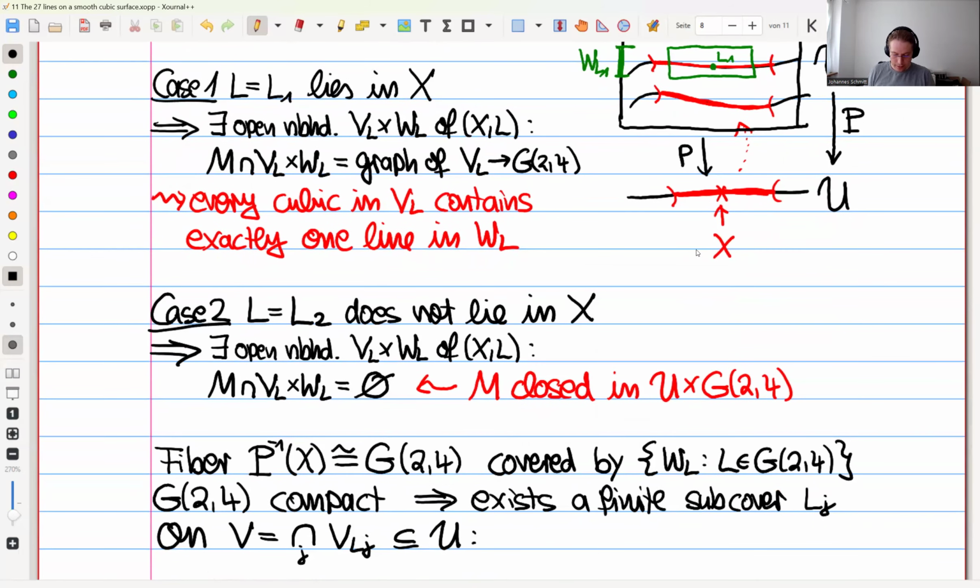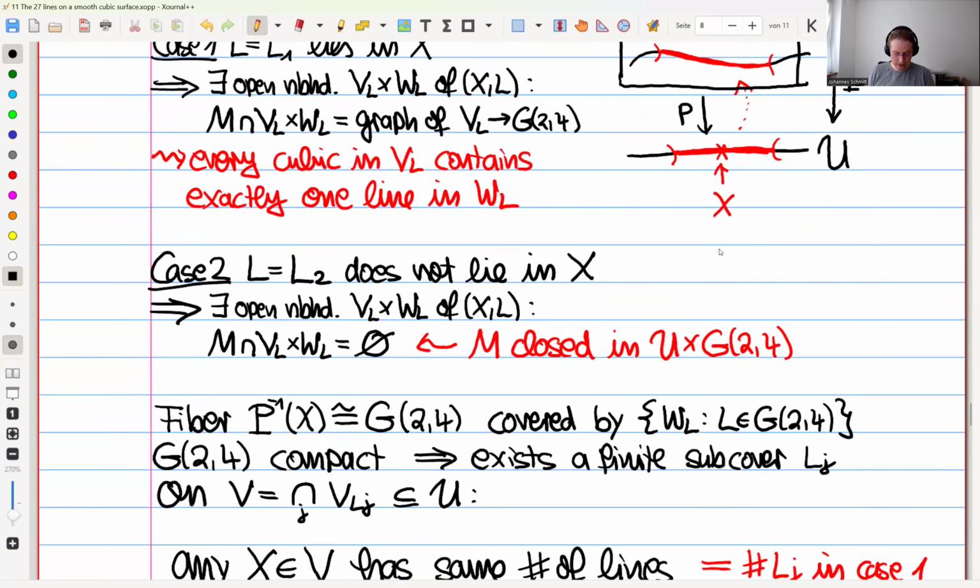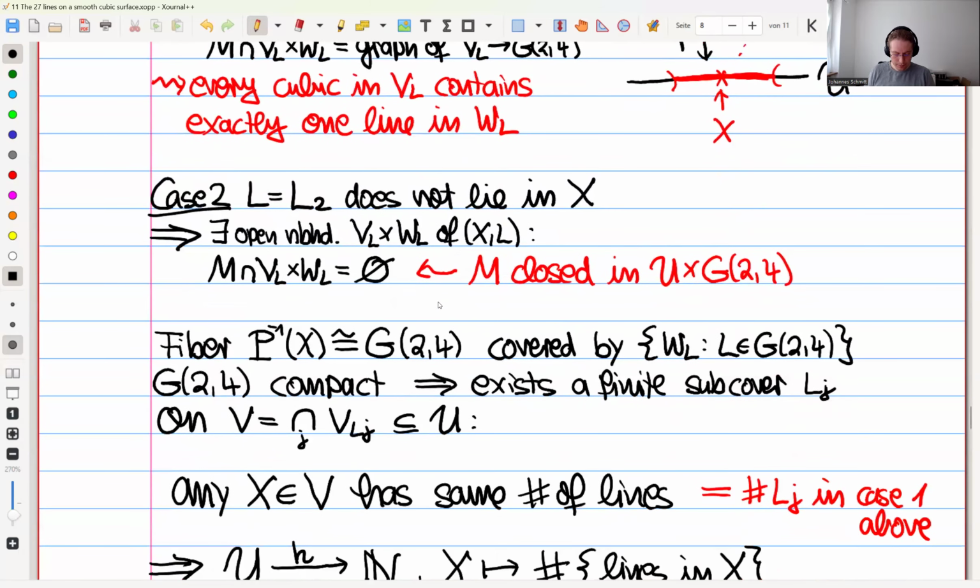And then, well, we have the second neighborhoods of X, these VLs. And so if you now intersect all of these finitely many VLs, then you get all the good properties that you like. So somehow on this intersection of all of these things, this is still an open neighborhood of X in U. It's true that any X in this open neighborhood has the same number of lines, because,